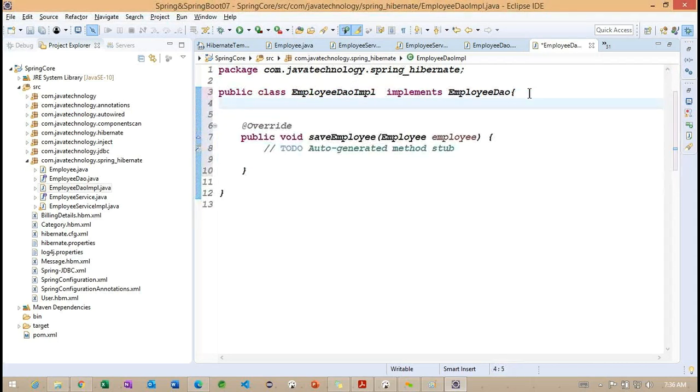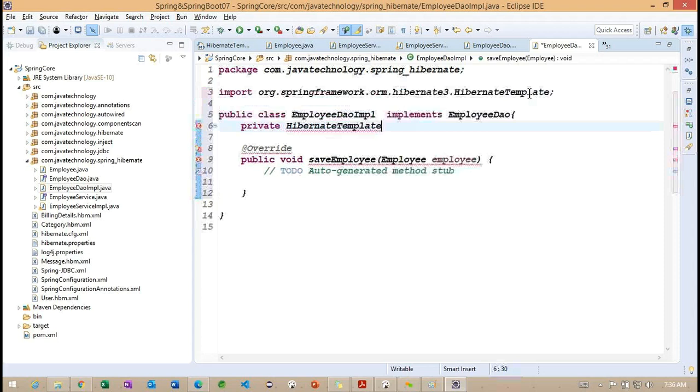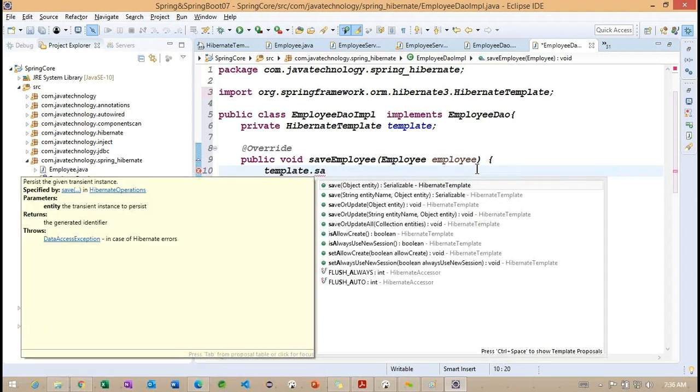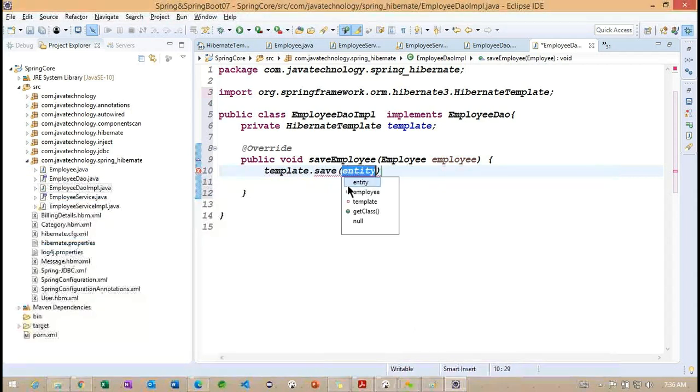Here I want to work with this particular DAO. And now I'm trying to work with HibernateTemplate. Right? So using this particular template, template.save(object).